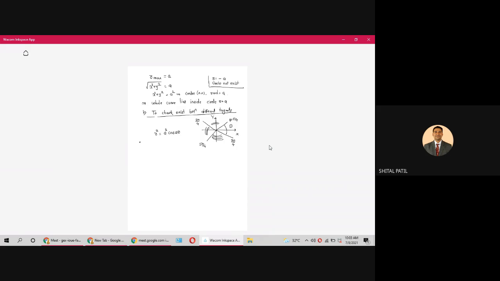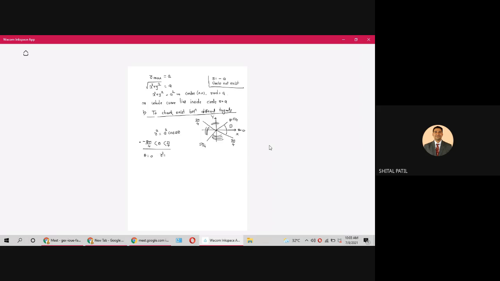For the first part, we want to check existence between theta equal to minus pi by 4 to pi by 4. Take any value of theta in this range, as we have seen in the Cartesian coordinate system, and the sign of r square will be the same, whether positive or negative. The simplest value is theta equal to 0. Theta equal to 0 is over here. So let me take theta equal to 0.